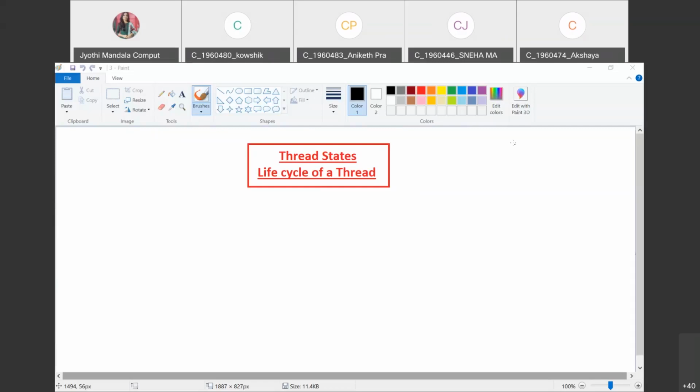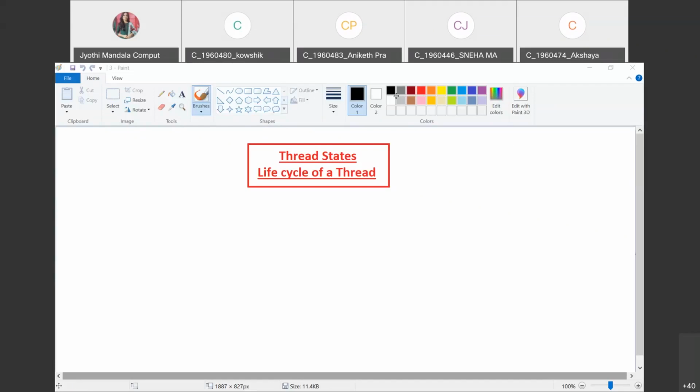So we have observed that we can use a start method to start a thread, and whenever you want to run any statements as part of a thread, we need to put them in a run method. Whatever class you want to convert to a thread has to extend the Thread class or implement the Runnable interface, right? And what is the requirement of converting a class to a thread, what is the importance of converting these things into threads, all of this we learned in the last class, right? Now today we'll highlight some of the stages, which is also called the life cycle of a thread, where if you are considering one thread, what are all the different states the thread will be going through.